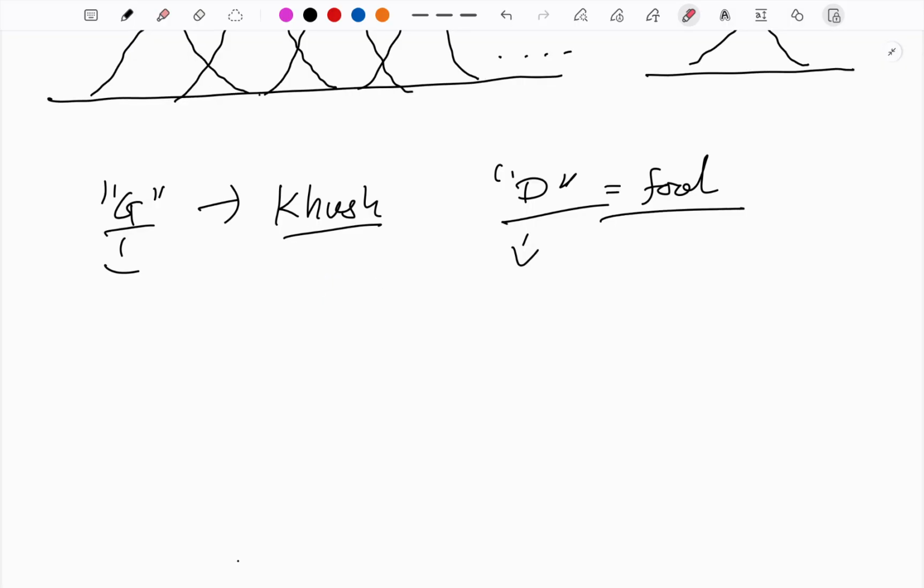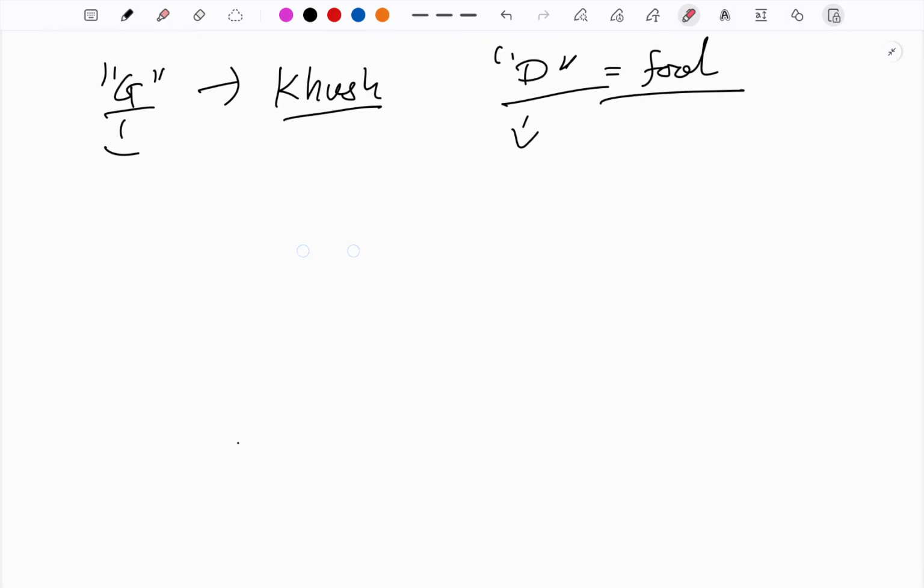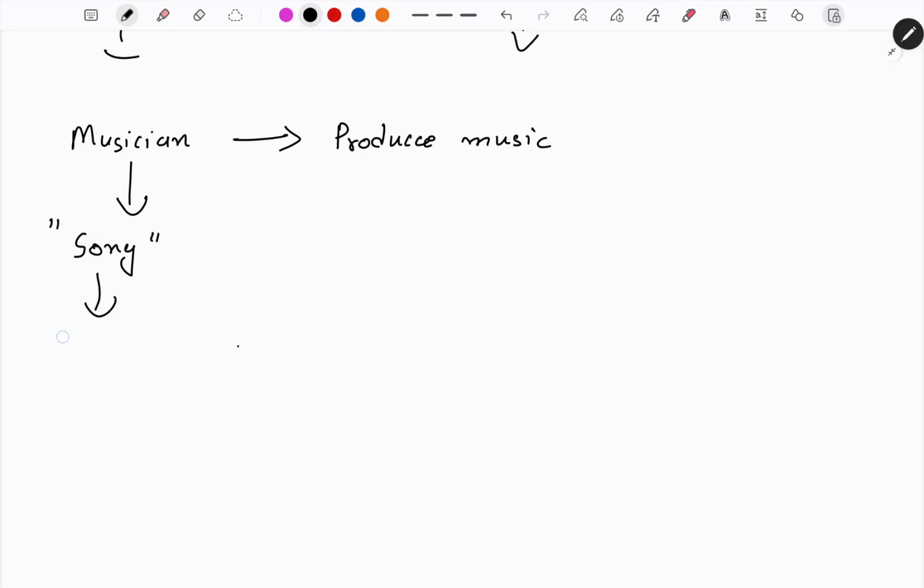Okay, so let's take one more real example. So let's say there is one musician, but for understanding this problem let's take one example. There was one musician. The task of this musician is to produce music. ठीक है, once क्या होगा कि लेट्स से इस म्यूजिशियन ने कोई सॉन्ग बनाया and this song got a hit. एक म्यूजिशियन है, म्यूजिशियन का काम है प्रोडक्शन ऑफ म्यूजिक, उसने एक सॉन्ग बनाया